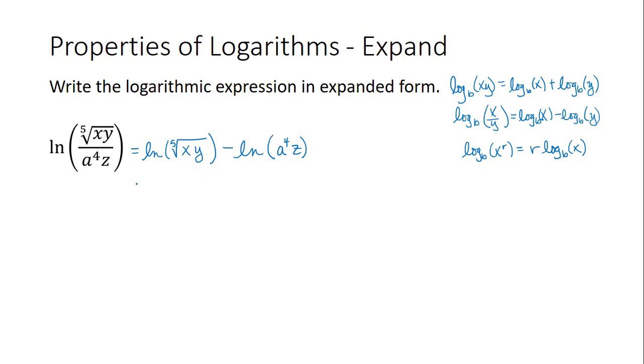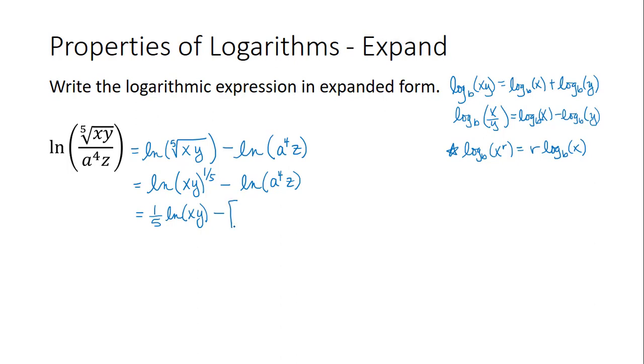Then we can rewrite the fifth root of xy as an exponent. Recall this means the natural log of the quantity xy to the 1/5 minus natural log of a to the 4 z. Now we have two other properties we can apply. In the first expression, the argument of the log is raised to a power, so we can use the property that states that that exponent is going to come down to be the coefficient of the log. So this would be written as 1/5 times the natural log of xy